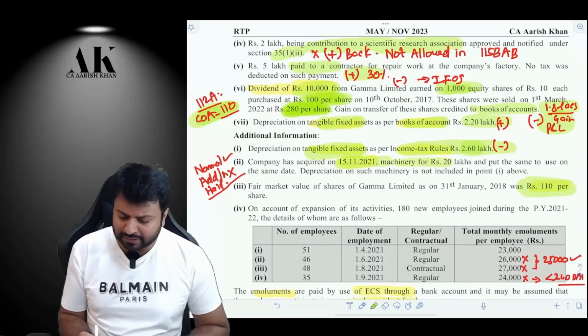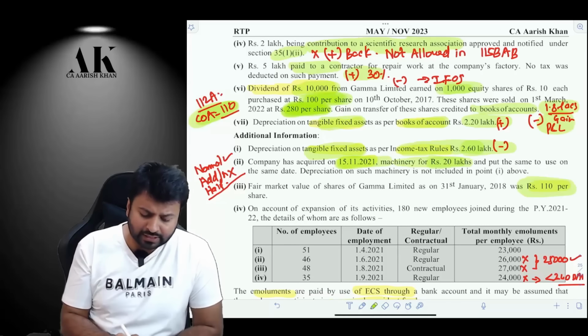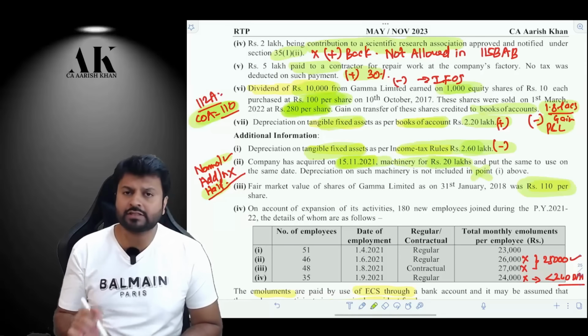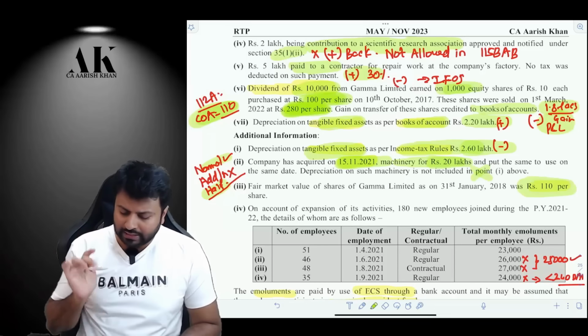Then you have purchased some new machinery of 20 lakhs on 15th of November. You will get normal depreciation, that too half, because it is put to use for less than 180 days. You are not going to get any additional depreciation, because in 115BAB, be careful, additional depreciation is not allowed. Last but not least,